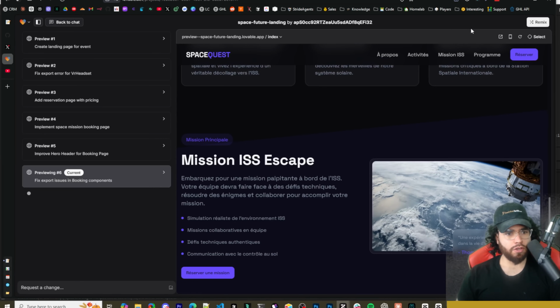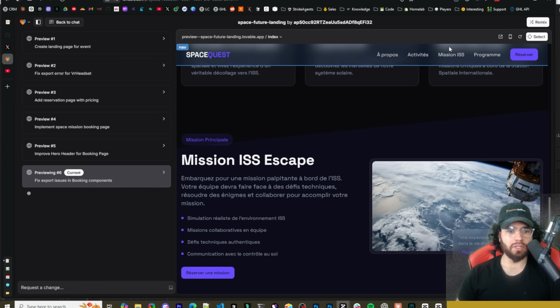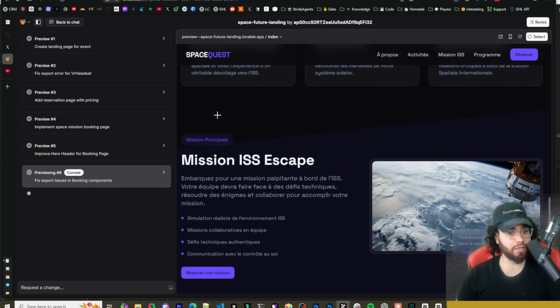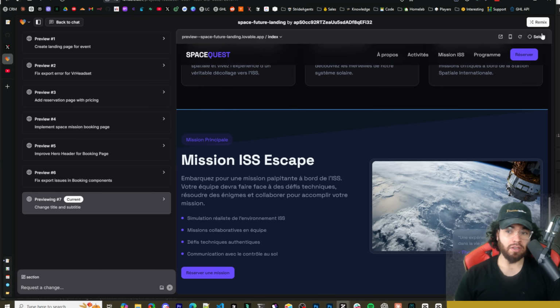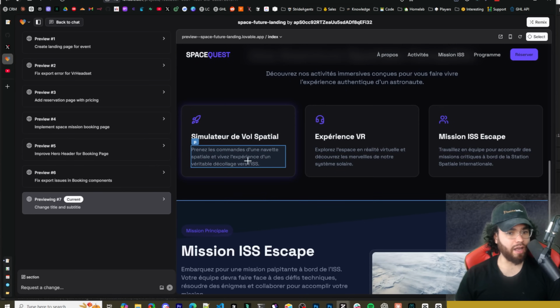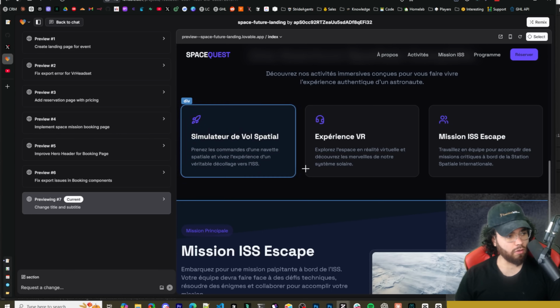And then over here, you could click on remix. So this would be able to use this app and then make your own changes. You could request a change here. Select, I guess you can. Okay, so this is actually really cool that you can select. Wow, that's actually really awesome. That's something Bolt doesn't have, where you can simply click select and it will select an element on the visual page here, and then